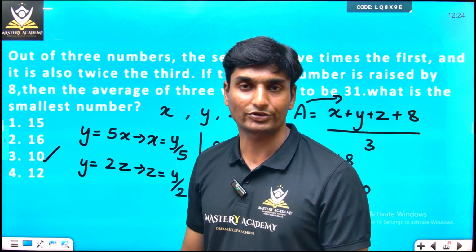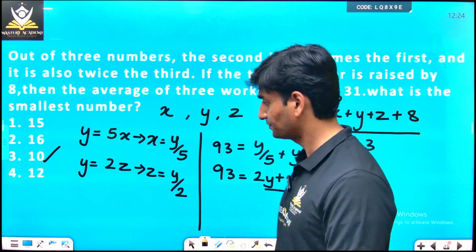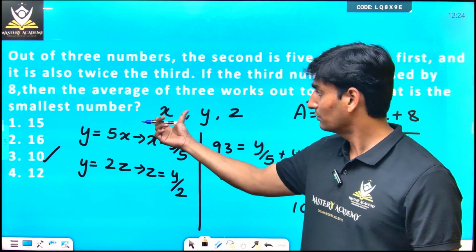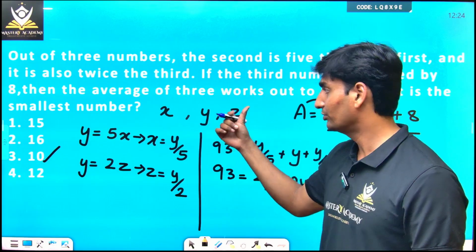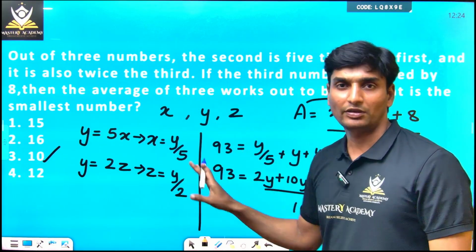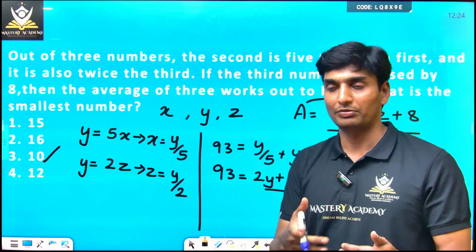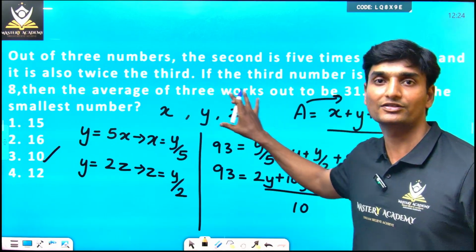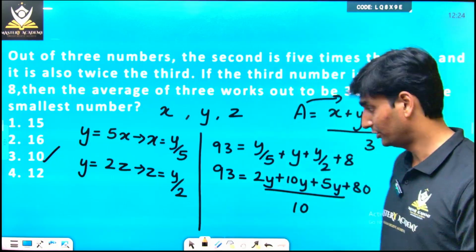Okay, age based question. I hope it is clear. You can also assume here, some students assume the first number to be x upon 5, second to be y and z upon 2. Even that too will lead to the same situation. Okay, steps will not minimize because that is the simplification part. Same procedure. You can change the assumption base if you want. I hope it is clear.